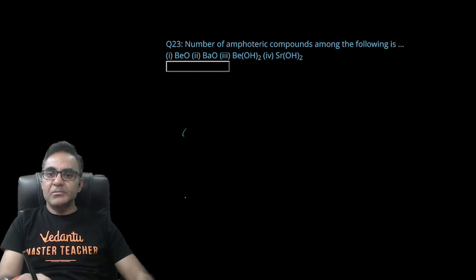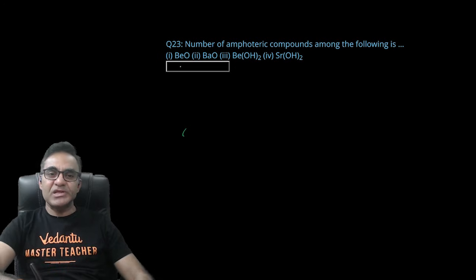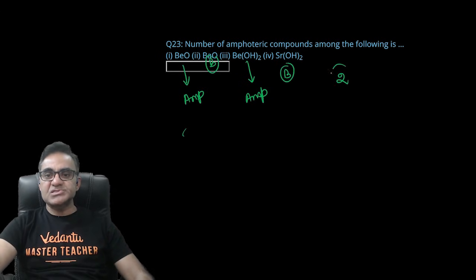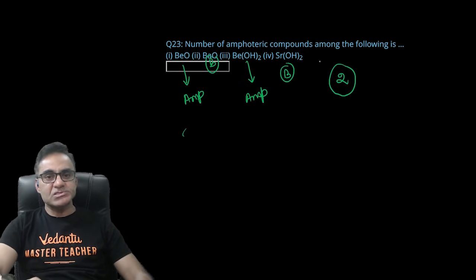नंबर ऑफ एम्फोटेरिक कंपाउंड्स इन द फॉलोइंग, देखो बेरिलियम का ऑक्साइड और हाइड्रोक्साइड एम्फोटेरिक होता है, बेरिलियम का हाइड्रोक्साइड भी एम्फोटेरिक होता है, ये बेसिक होगा, ये भी बेसिक होगा, तो टोटल नंबर ऑफ एम्फोटेरिक स्पीशीज इज गोइंग टू बी 2, 2 इज गोइंग टू बी द राइट आंसर ऑफ दिस क्वेश्चन। ऑलराइट,